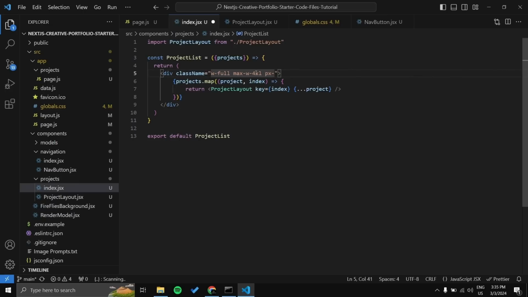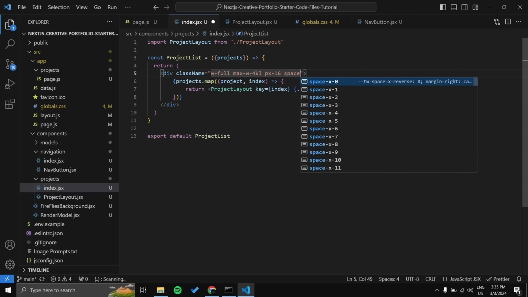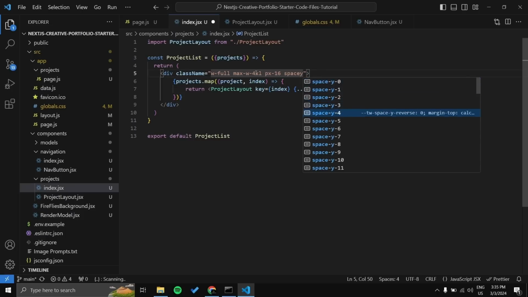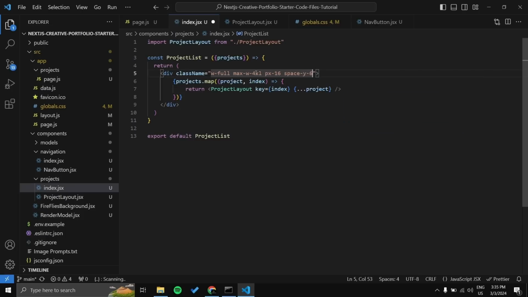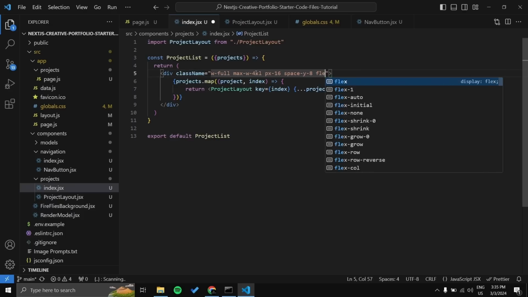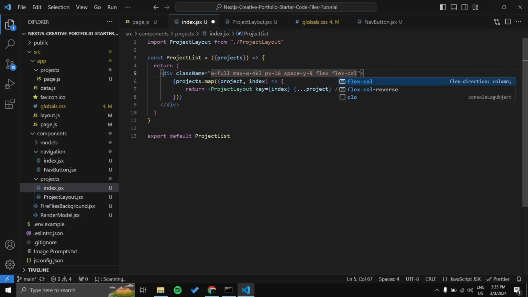Let's set it to 16. Space Y to 6. So this will add space between each elements. Let's keep it to 8. Set display flex, direction to column, items to center. Let's save this,